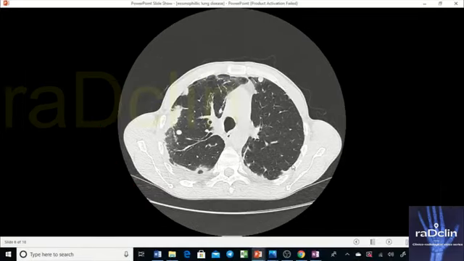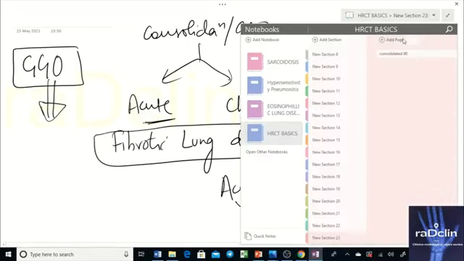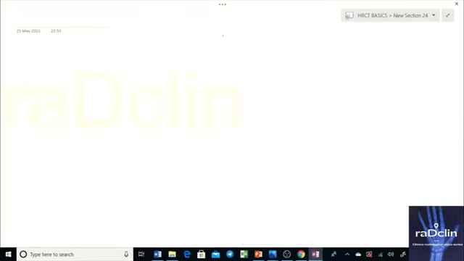Anyway, these are the causes of increased lung density or opacity. Now, another important section that we need to go through is decreased lung density. How do they appear on X-ray? They are very simple. We'll give a section on chest X-ray on how a consolidation, an atelectasis, or a GGO looks.